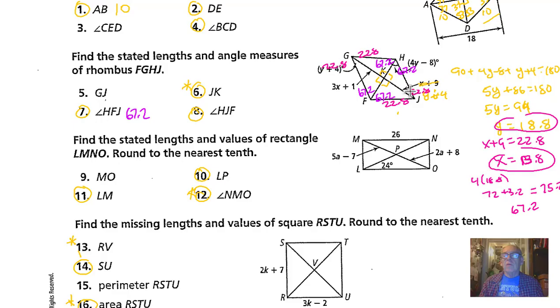Actually, I messed up here. They're saying that this is x plus 9. So I'm not sure this x plus 9 stuff I just did is correct. That goes with the diagonal. I thought they said that this angle is also x plus 9. It's actually this diagonal. So to do JK, which is half this distance here,